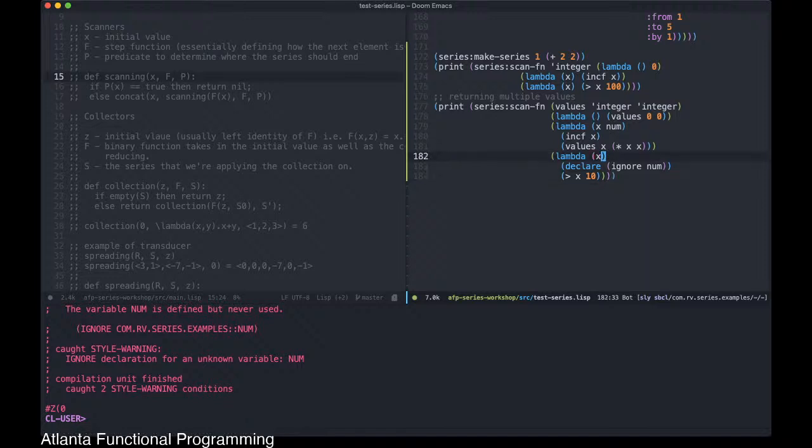Let me see here. What did I mess up? Our initial condition is 0. Our summation is going to be